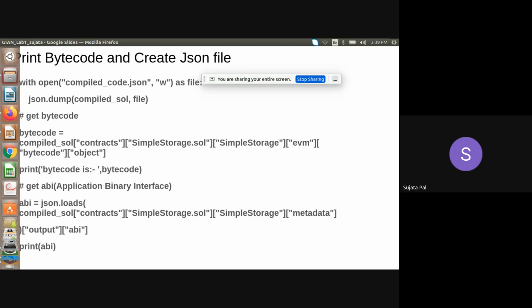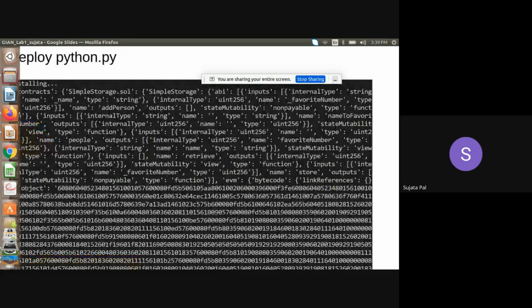So what we will do is print our bytecode and convert it into a JSON file. Have you heard about the JSON file? It is basically a formatted file that tells each format and everything in JSON format. Suppose this is your name, these are your roll numbers, entry numbers, your class, section, everything it is explaining. So we will convert this file into a JSON file. After reading it, we will generate its bytecode and everything will be converted into JSON format like this.